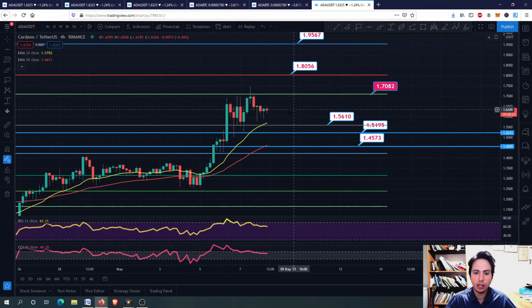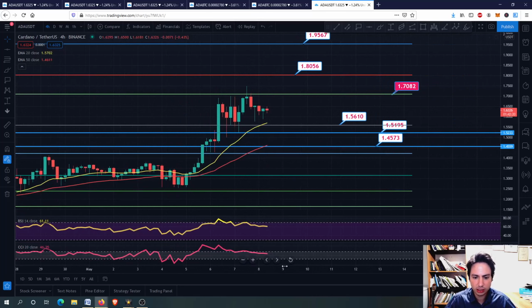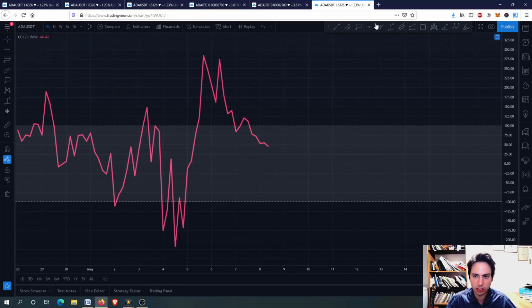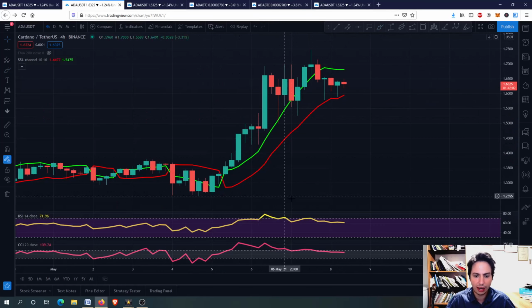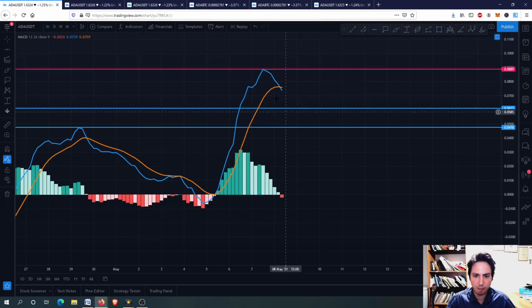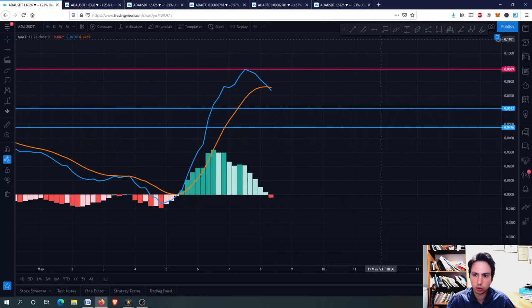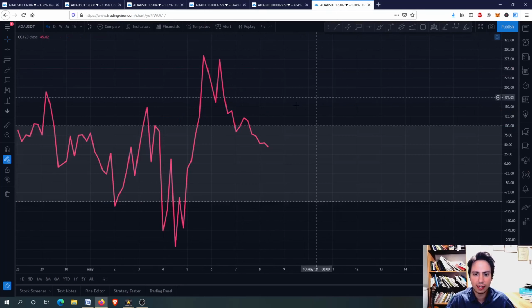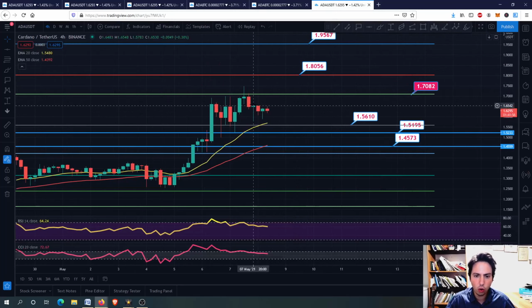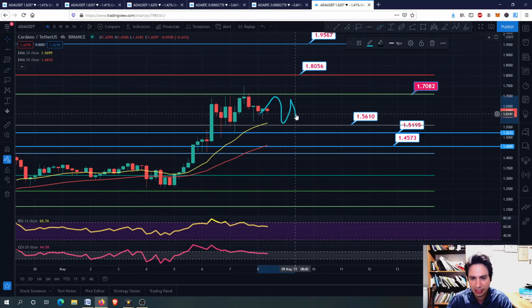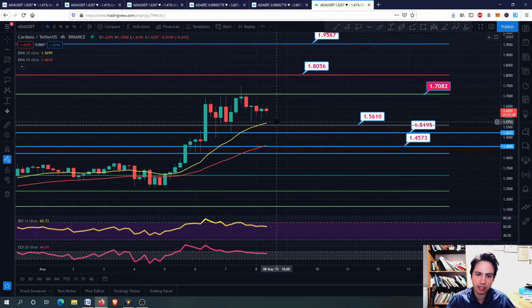And of course, if we had to see the commodity channel index going a little bit beyond or something like that, and of course we had a turning point right here, then it would be really good. But for the time being, I would wait, guys, for the MACD to have this bearish cross and to see where it will stop. Will it stop here? Will it stop there? We are having now this bearish cross for the short term, so we might eventually go a little bit further beyond, or we might even go bouncing between the 1.56 and the 1.70. These are possible scenarios for ADA.